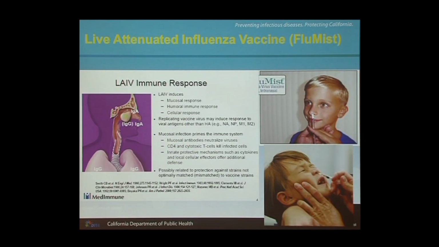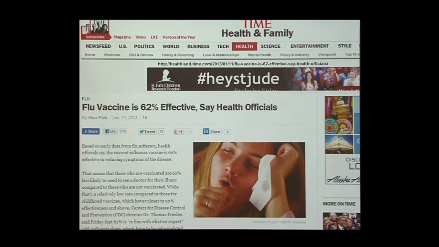This is only recommended up till age 49, and only because they have not studied it in older age groups. In practice, is it a better vaccine? It's about the same overall. When they've looked at studies, there is actually no difference in efficacy really between the 2 in adults, so you could go either way. So I want to talk a little bit about effectiveness of a vaccine